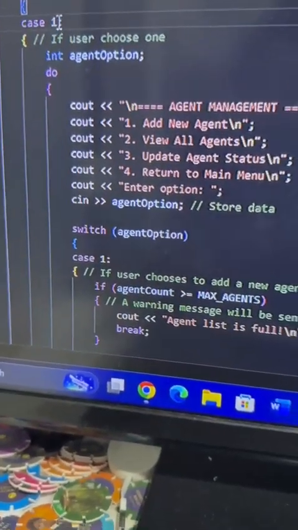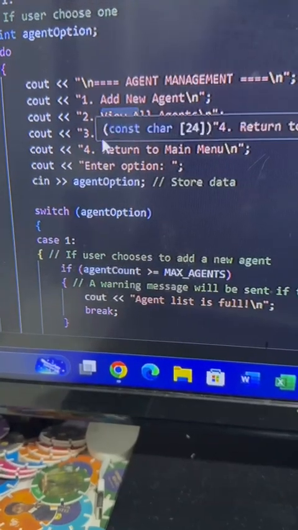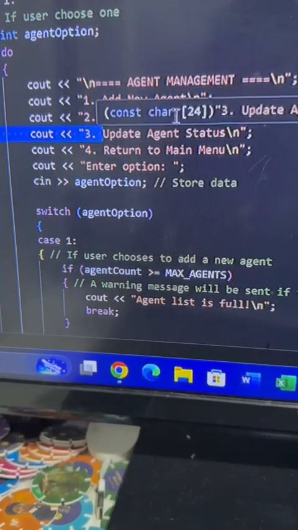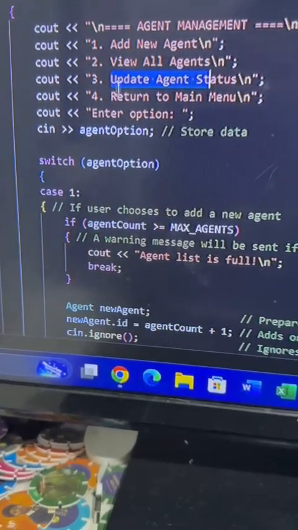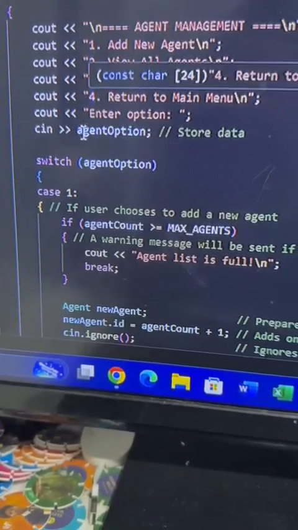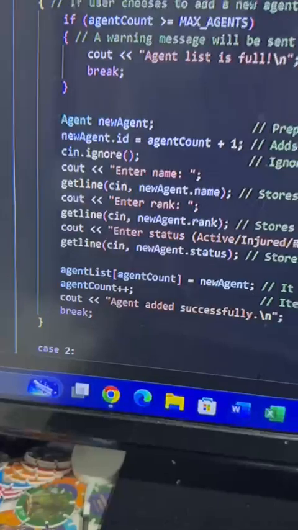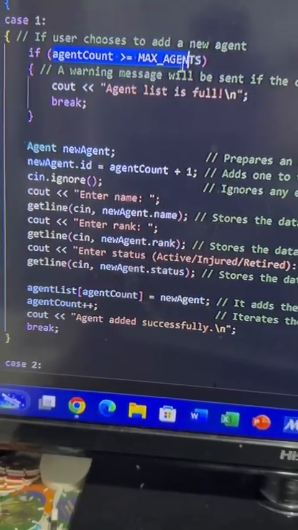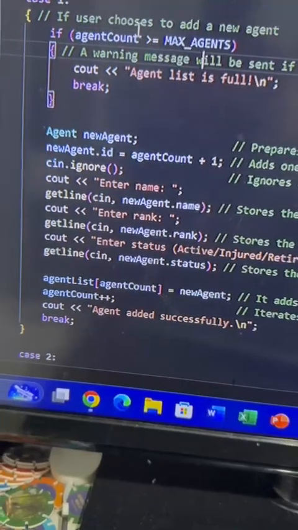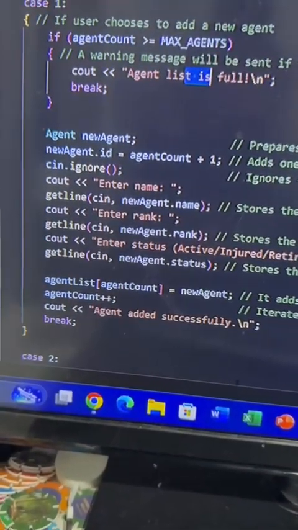If the user enters 1, it'll go to the agent menu where you can update the agent status. And this was the pointer that I was referring to. Whatever the user enters, agent option, because obviously we're expecting an integer, stores the data. And I add a secondary switch case statement in which I need to first validate that I'm not going over my 100 limit agents. And if it is, then it'll straight away say, sorry, capacity's full, no more. However,